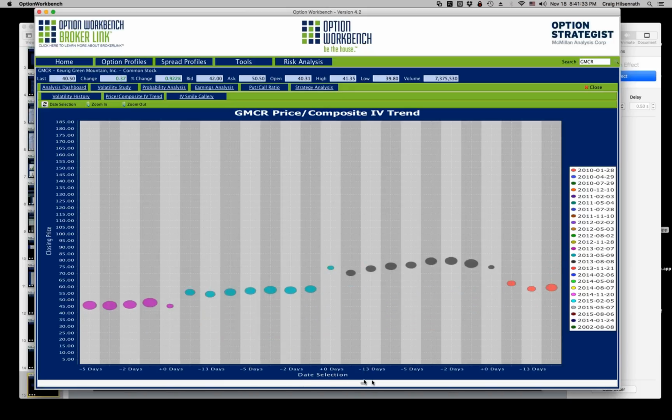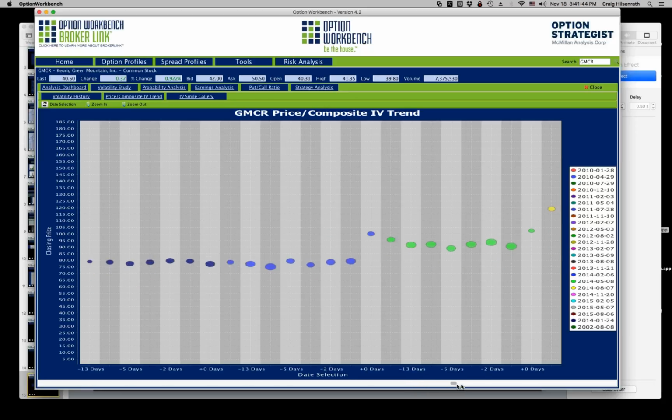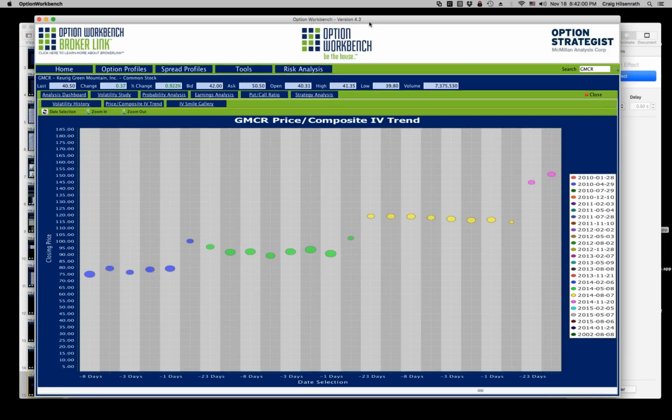So actually, the trade that I chose in this case was a calendar spread that I put on. I didn't put it on far enough out. I think I put it on last week, so I didn't really get enough of the implied volatility increase on that one. But you can see that it shows a pretty consistent pattern looking at the bubble chart here.